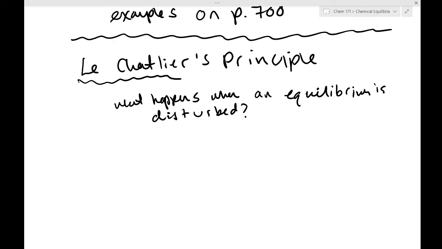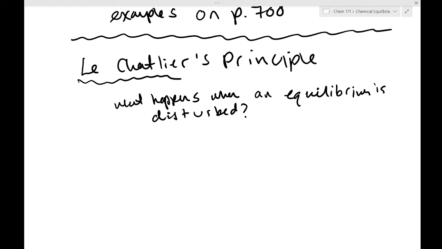Well, say you have some equilibrium between A and B in a flask. You've reached some equilibrium concentration. You started out with 1 mole of A, and now you have some equilibrium of A and B together. Okay? Now, say that I had a way to get rid of some of the B that I've produced by this reaction. What happens to the equilibrium? Well, suddenly I'm taking away B concentration, and so the entire system must